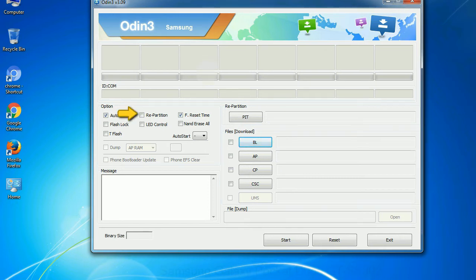Repartition. So, what does repartition do in Odin? It repartitions your device file system to the default RFS. F. Reset Time. It resets the flashing timer after the flash process is complete. And here is what different buttons mean and what they are used for. PIT, Partition Information Table. If you check the repartition checkbox, you should also specify a PIT file to repartition the